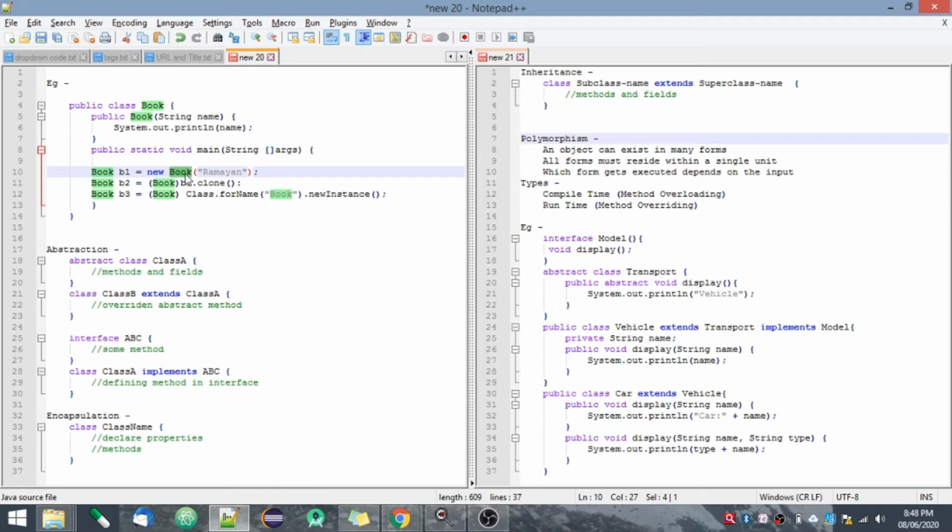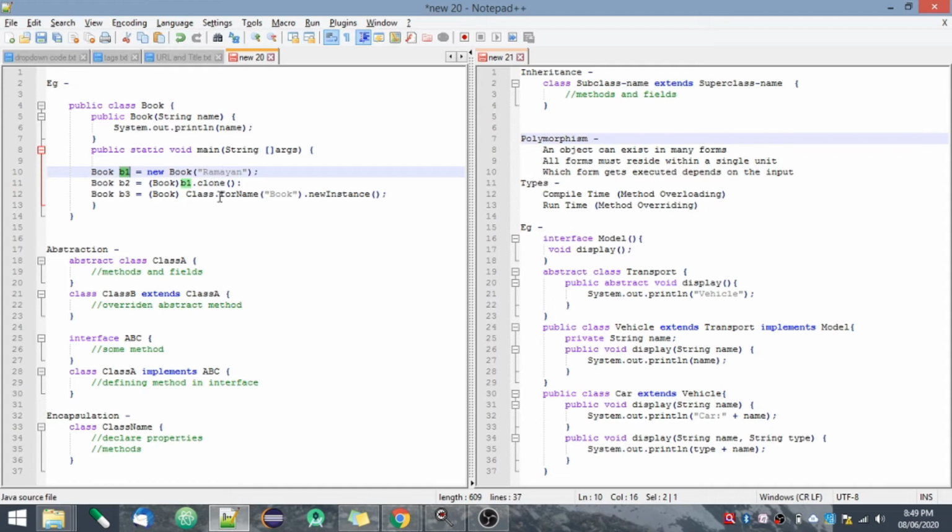An object consists of 3 things: state, behavior and identity. State means the data that it contains. Behavior means the functionality of that object, and identity means the unique ID through which the JVM identifies that object. For example, I've created a book class here. If I create an object of this book class, what will be the state and behavior? The size, color, author, all this will come under state, and reading will come under functionality or behavior.